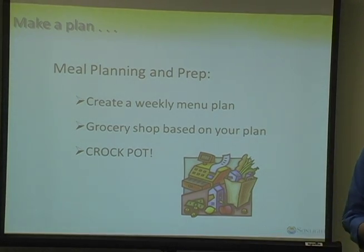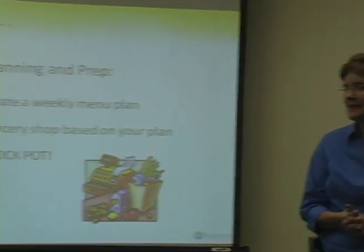Meal planning. That's another one of those things. If you're homeschooling all day, you've taken the kids to flute lessons, you've taken your son to baseball practice, and you come home and it's 6 o'clock at night and everybody's saying, man, Mom, I'm starved. And you think, oh no, I didn't plan anything for supper. Now what do I do? Everything's frozen. Okay, let's go to McDonald's. Well, you can only do that so often, and after a while people start to get sick because they're not eating healthy food, and your budget suffers. But there is a way to plan for meals